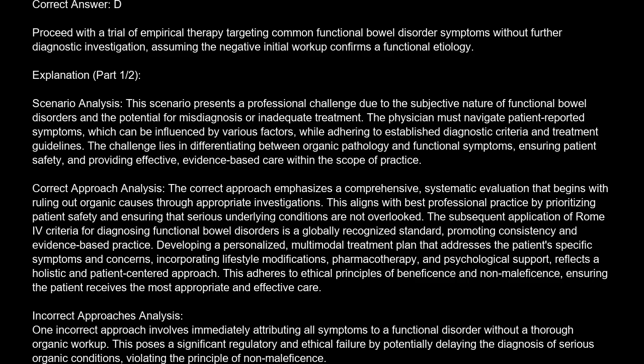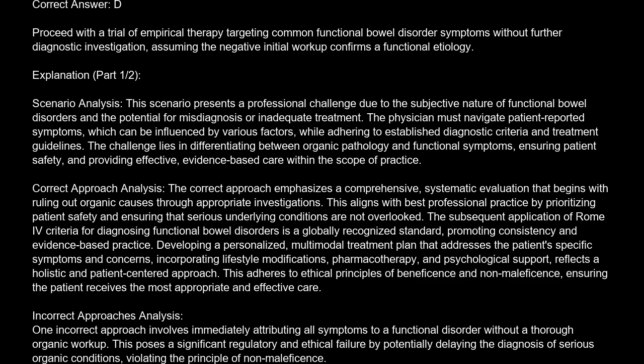Correct approach analysis. The correct approach emphasizes a comprehensive, systematic evaluation that begins with ruling out organic causes through appropriate investigations. This aligns with best professional practice by prioritizing patient safety and ensuring that serious underlying conditions are not overlooked. The subsequent application of Rome IV criteria for diagnosing functional bowel disorders is a globally recognized standard, promoting consistency and